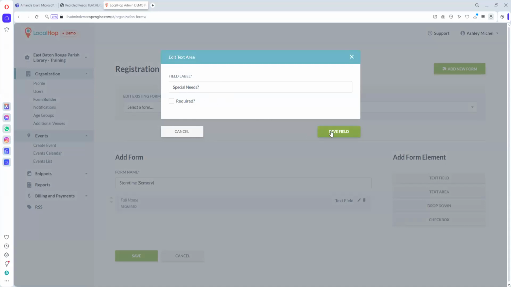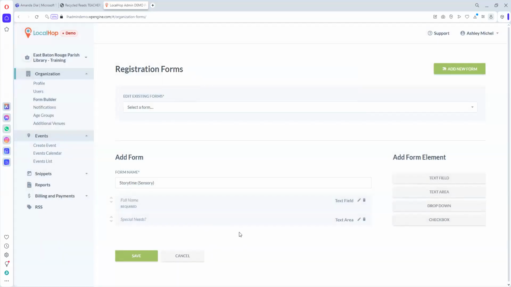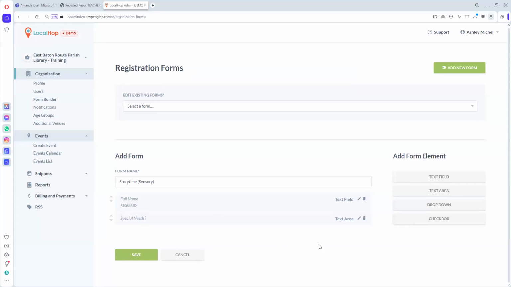And let's not make that required. What that will do is create a little text box where they can type in free-form text and give any special requests, like we need the lights off or something like that. You can create a drop-down box